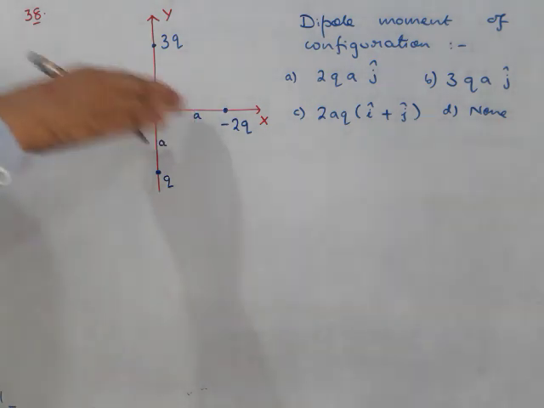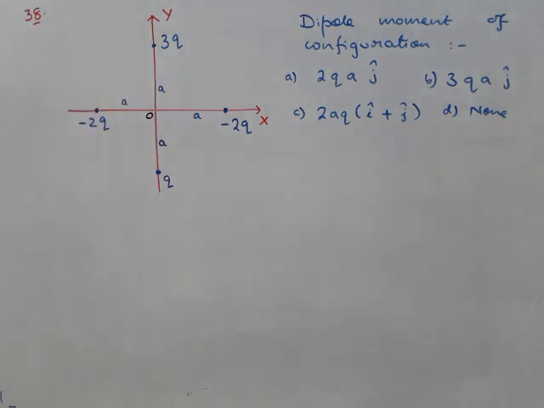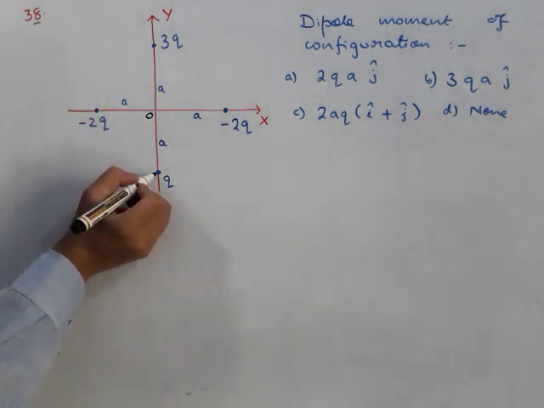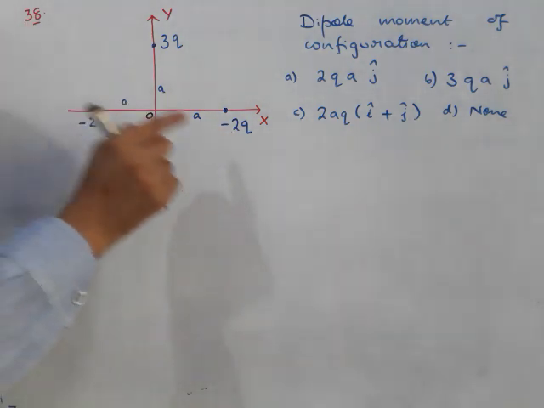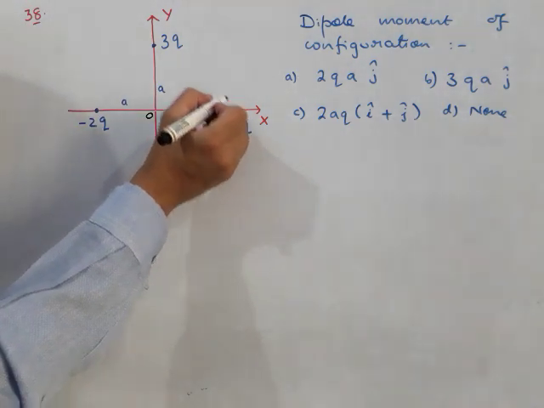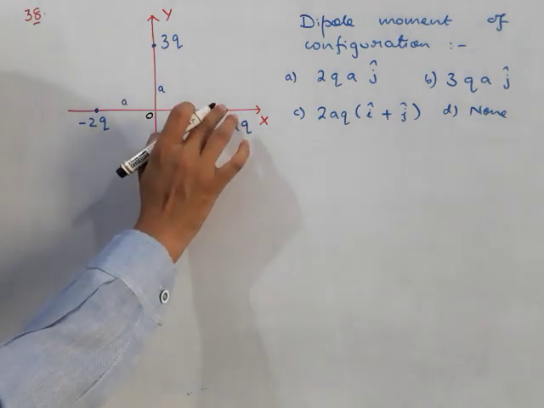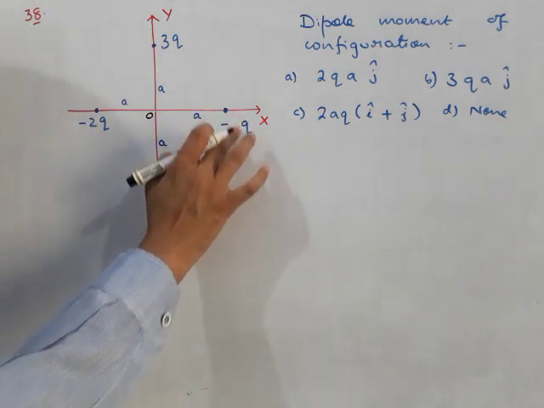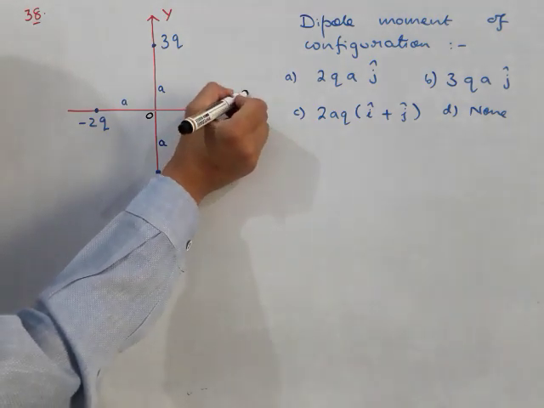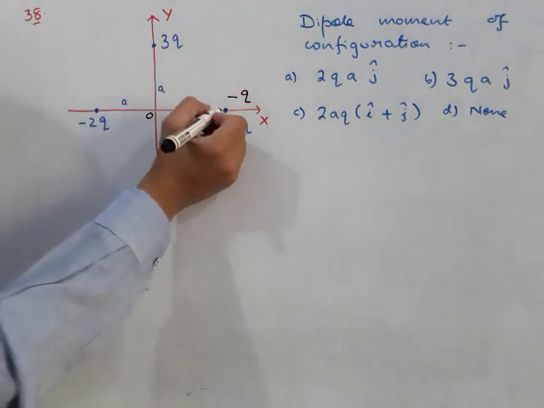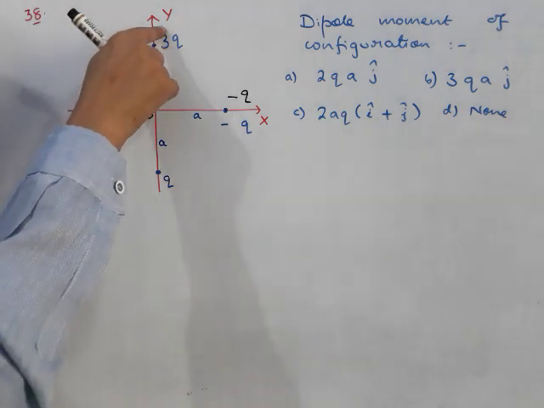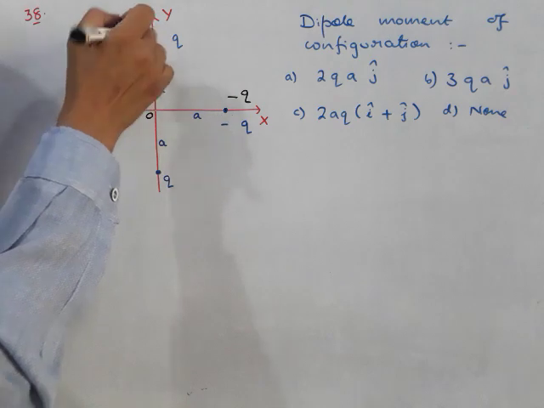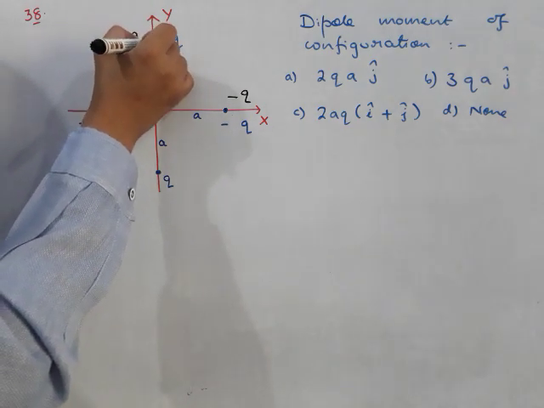In such questions where the charges are given, try to bring in pairs of equal and opposite charges. For example, this is Q, so you want one minus Q charge. This minus 2Q, I'll break it up into minus Q and minus Q. So I'll consider there are 2 charges, one is minus Q and one more minus Q charge at the same location. Likewise, this 3q, I'll think of it as q and 2q placed at the same location.